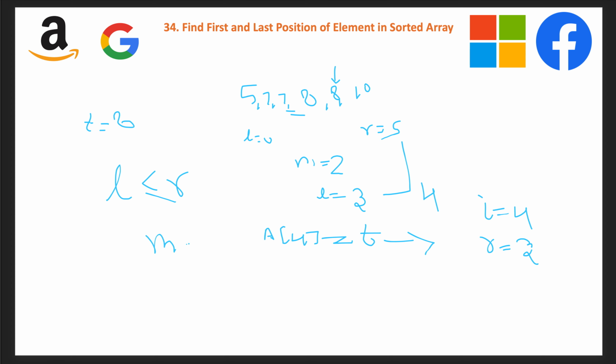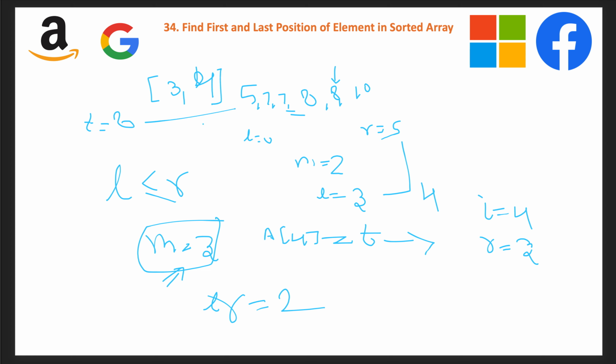So our m will update to 3, and again a of 3 equals 8. So we update our R to 2, and this loop will break out, and our I will be equal to the last m, which is 3. So the left index, the start of 8, is 3. Similarly, going for the right one will give us 4, so our range will be 3 to 4. This is the idea of how to apply binary search by using an extra flag, left bias. For finding the leftmost you send it true, and for finding the rightmost send it false.